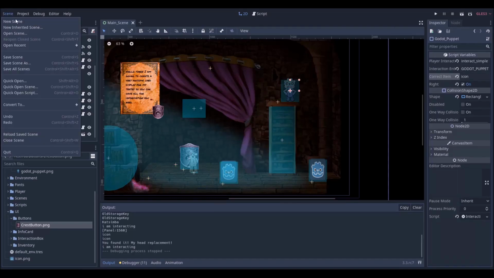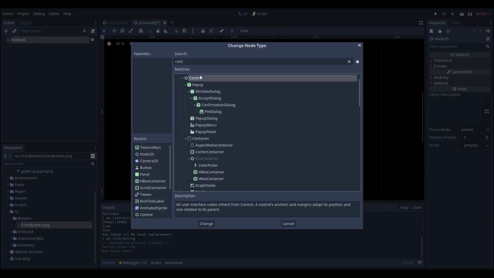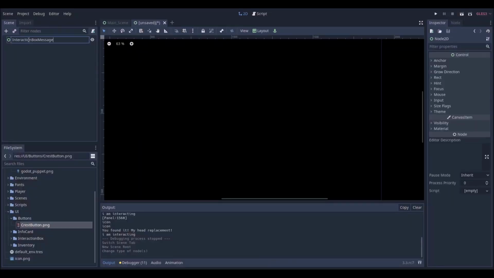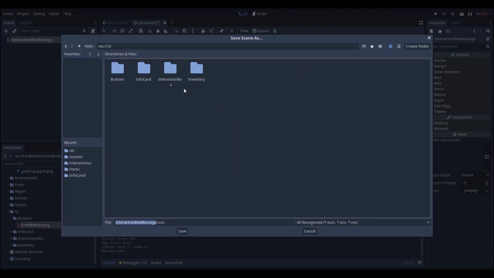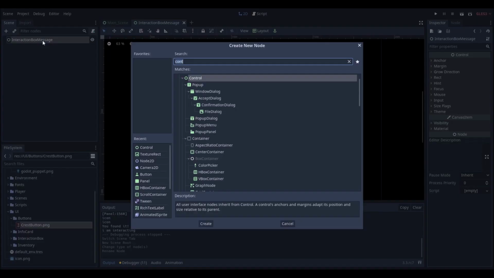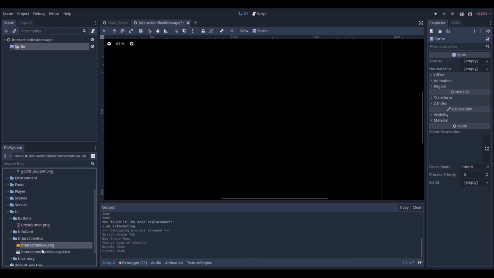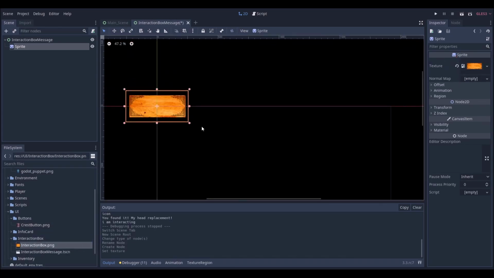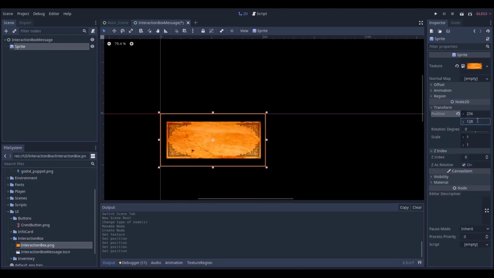Now for the graphic implementation, just go real quick, create a new scene, change this to a control node and call it interaction box message. Going to save this scene in my UI interaction box. And now I'm just gonna add the sprite. In my sprite here, this is a sprite that I imported. It's called interaction box, and in order to align it, I will bring it here,